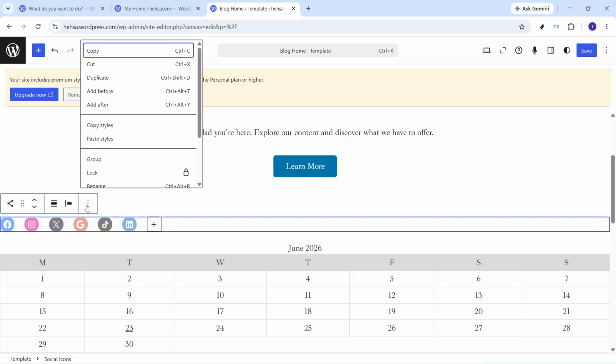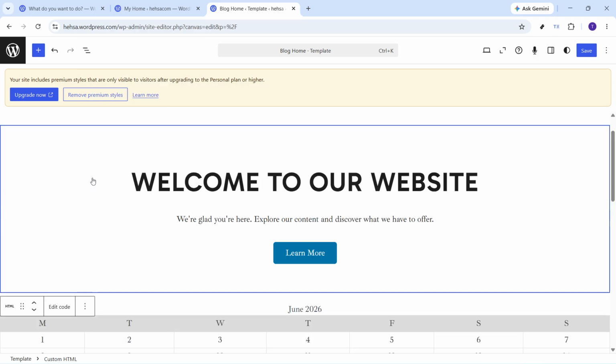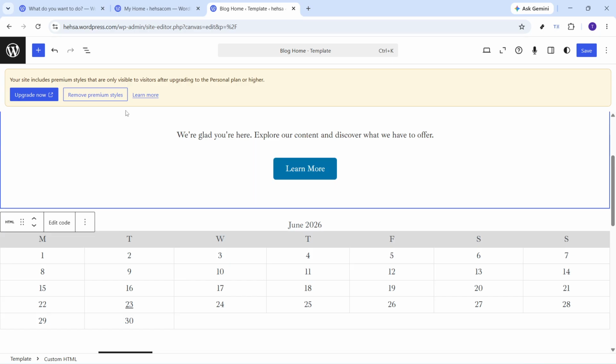From there, scroll down through the menu and click Delete. As soon as you do that, the social media icons will be removed from the page or template you're editing. This is the key step that permanently removes that block from the design, so be sure you're deleting the correct